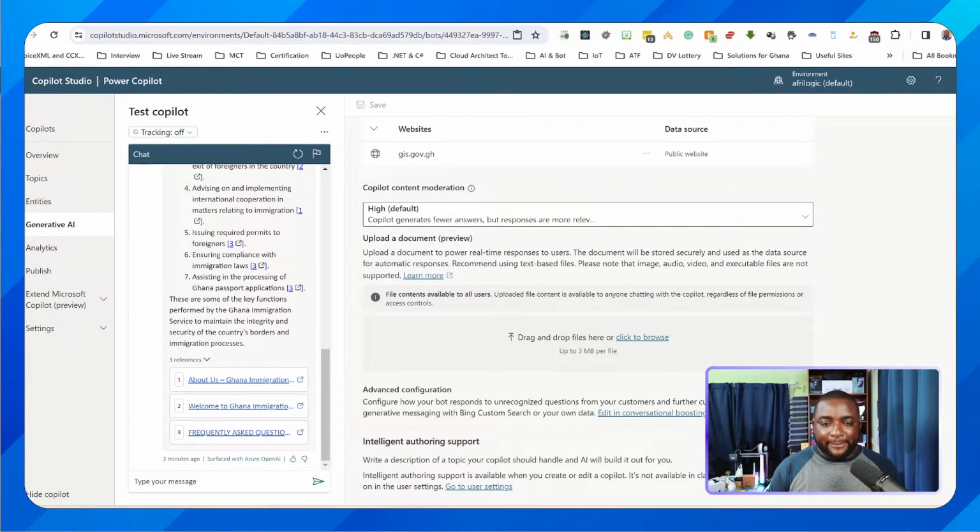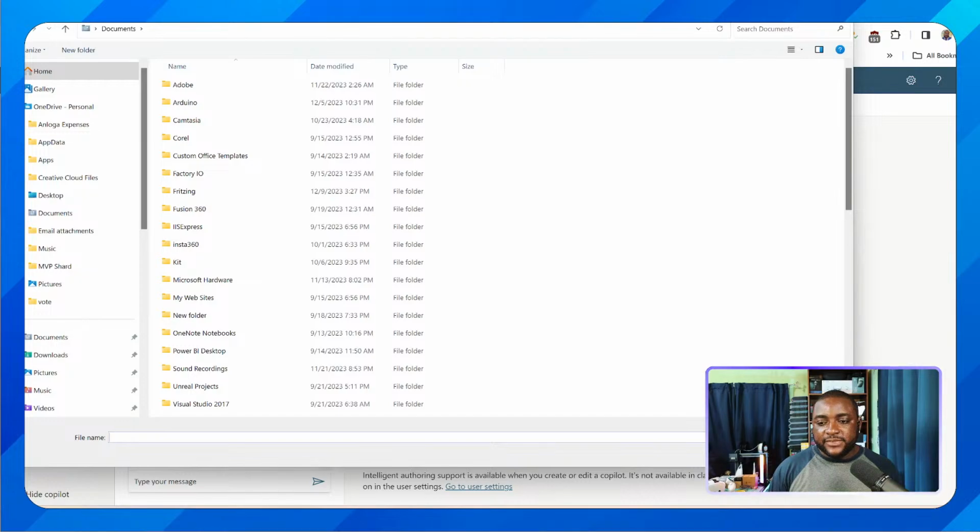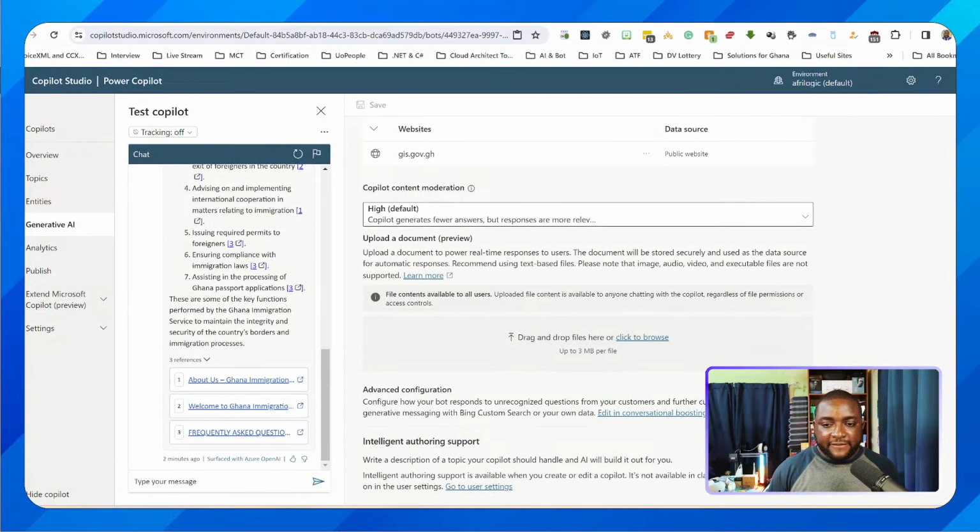And then the other part of it is that we can also add files. So you could have PDFs. If you have, let's say, forms or document policies, you can also upload them as files here, right? I can click on upload and then select any PDF or any documents that I feel I need to use as part of the intelligence of the bot. And when I do that, it's going to run it again. And for a while, I can now be able to ask